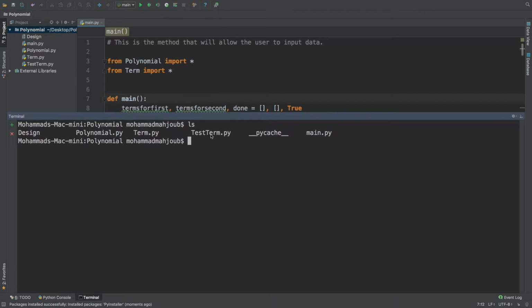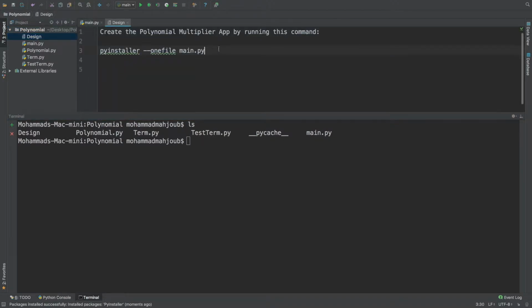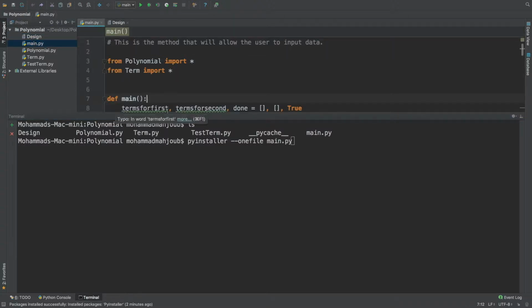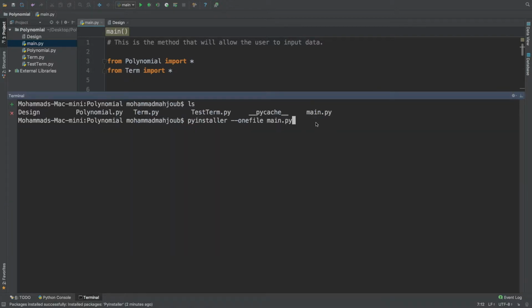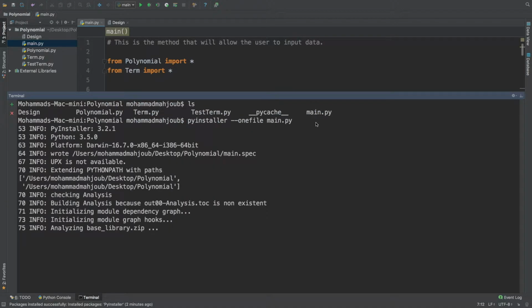Alright, so once you're here guys, all you have to type is this. I'm just going to copy right here. Go ahead and copy this line of code exactly, letter by letter. Let me put this down a little bit. What this will allow us to do is take this file right here and export it. So if we just go ahead and press enter,